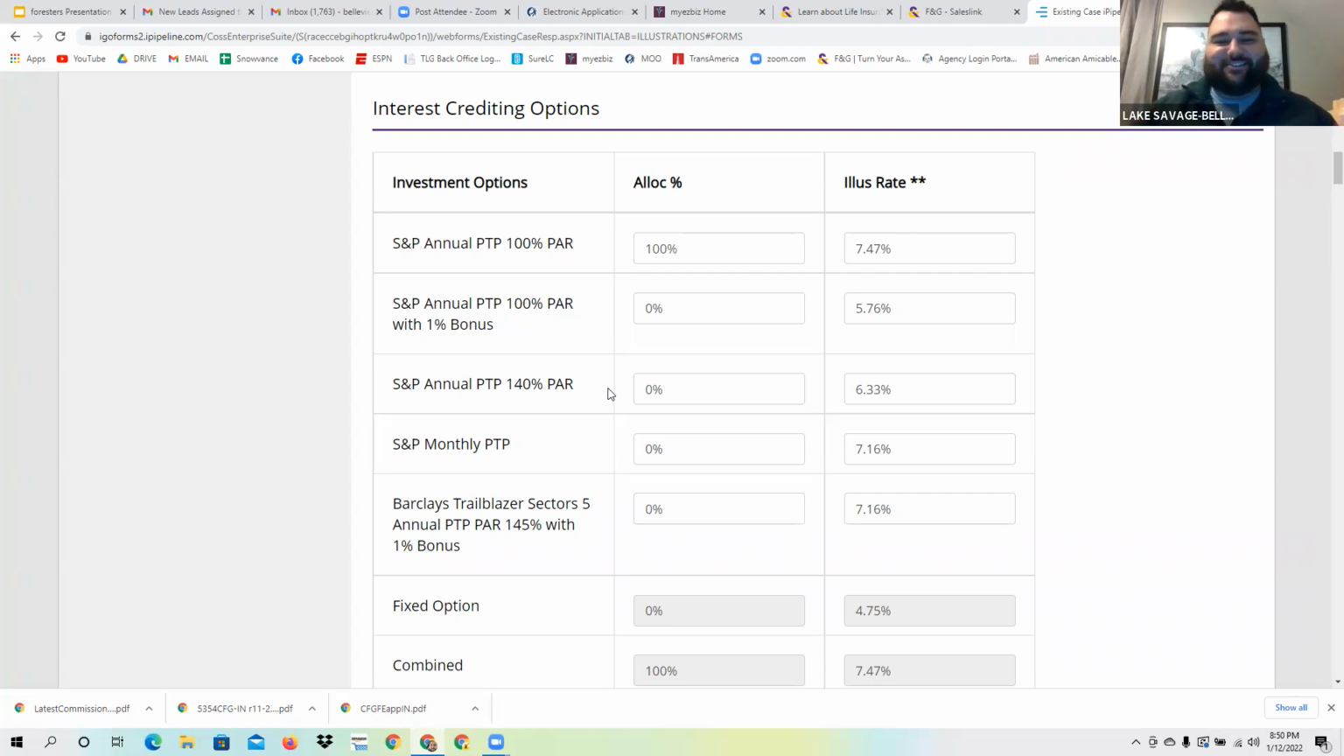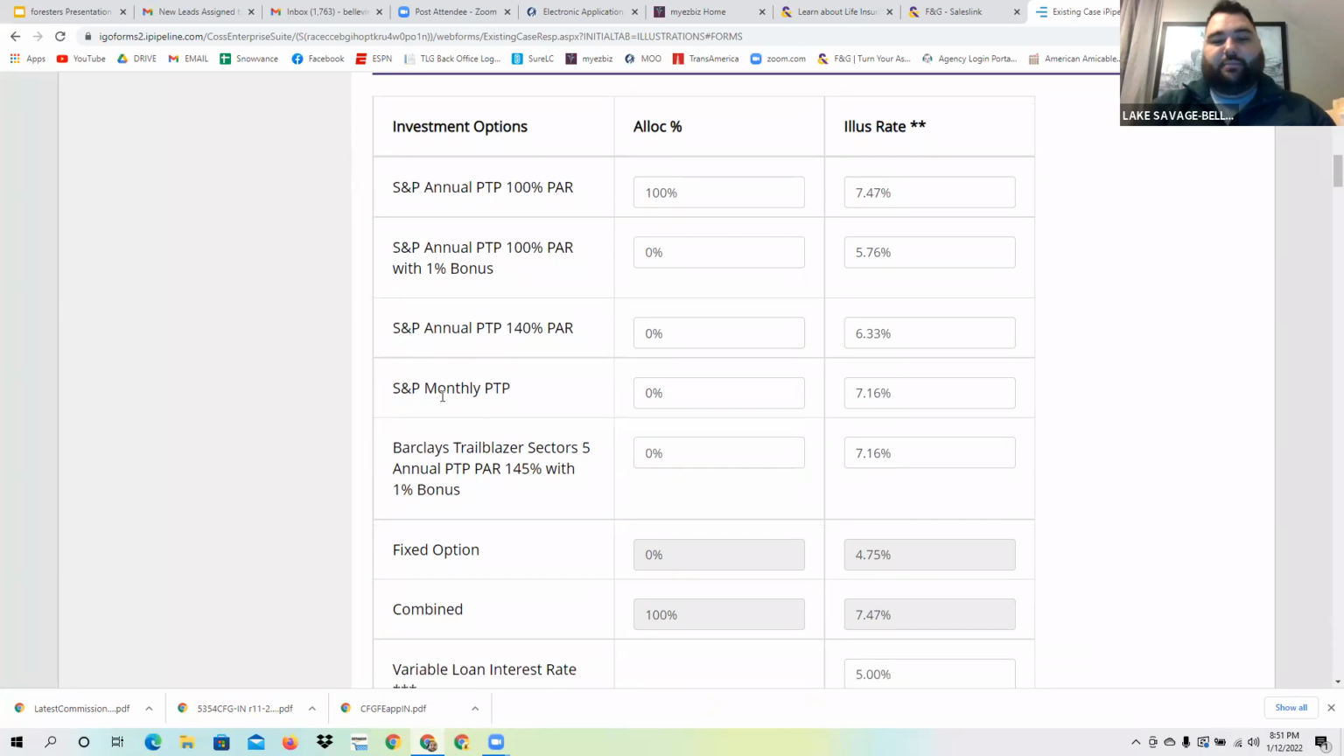Come on, it's almost 9 o'clock. So that means that let's say it's at 10%, you're going to earn 14% because you're earning 140% participation. S&P monthly point to point means that they're going to look back how the interest changes every month,